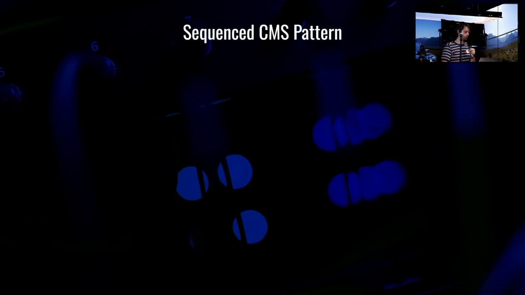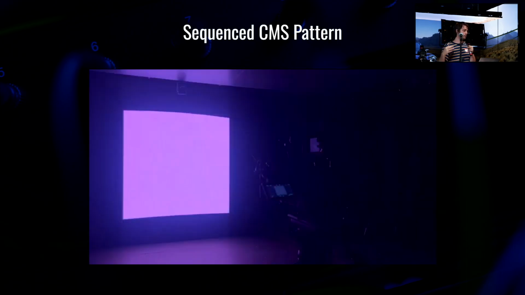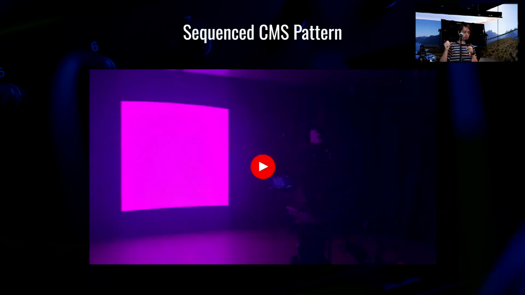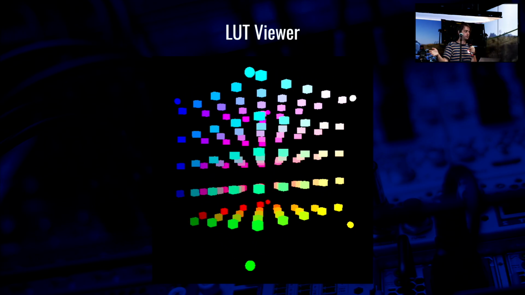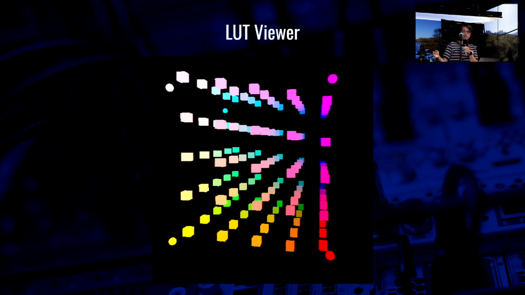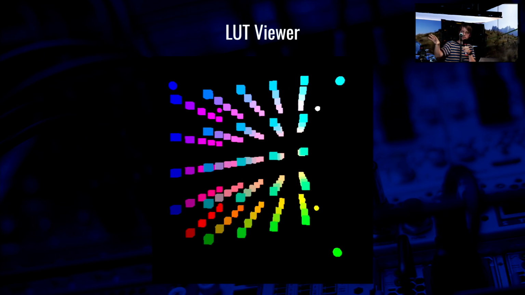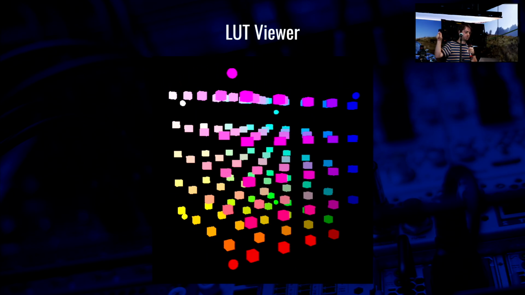And so we came up with another method where we basically take a sequence of all of these patches and run them through their paces, and what we get out of this very quickly, in a few seconds, is some mapping of the entire color volume. And once we get all of that information, we can put it into something called a LUT viewer. Think of this as a 3-dimensional vectorscope. This allows us to see all of the samples that we would have and how they exist in relation to the color gamut. And so some of the issues that we have